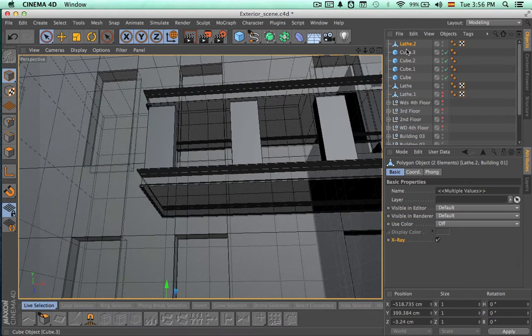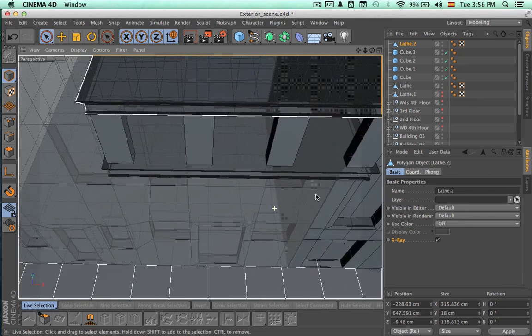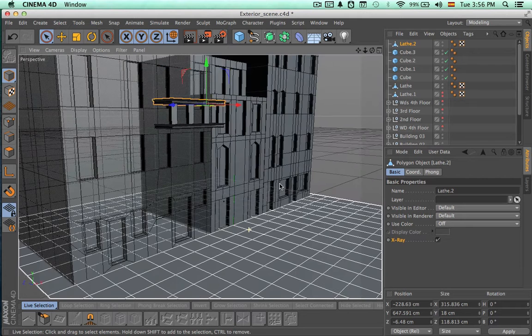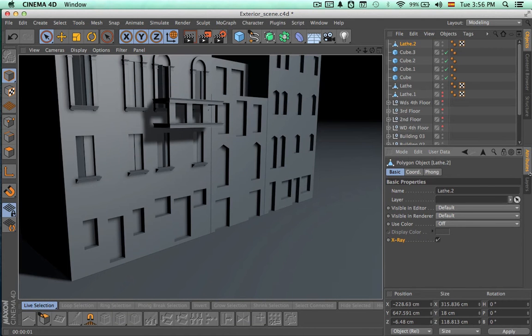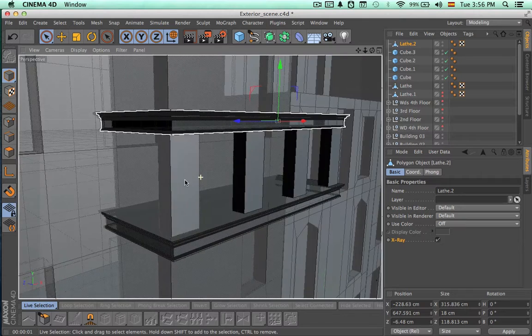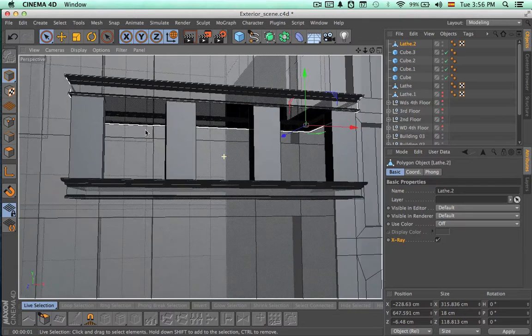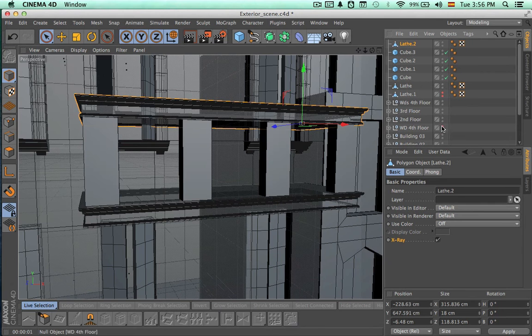And we're going to make a hole inside of this lathe that we just duplicated. Let's make a quick render, and that's how it's looking so far. So let's come a little bit closer, and they are working very well. So let's turn on the rest of the objects,